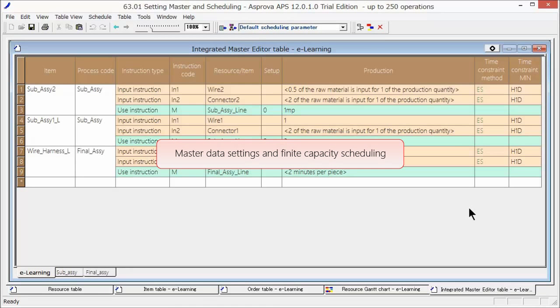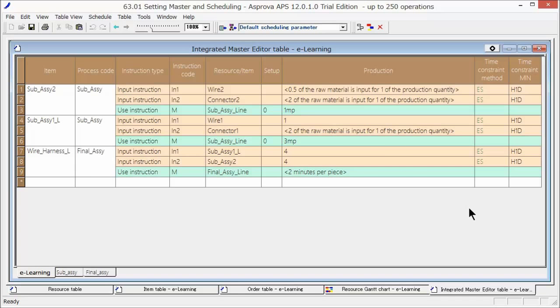First, let's take a look at the sequence from master data setting to production schedule planning. Schedule planning and scheduling require item processes for the creation of a production plan and production capacities. Further, we set the replenishment method to produce or procure the necessary finished items, manufactured parts, and raw materials based on the customer forecast in sales. Based on that information, scheduling that takes into account production capacity, production quantity, and loads is achieved.